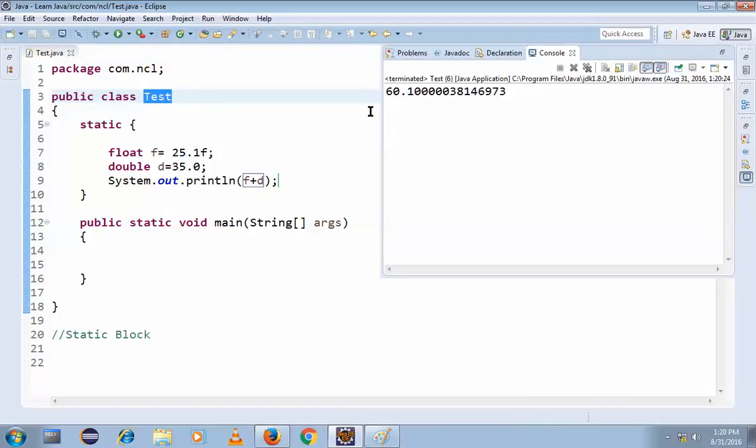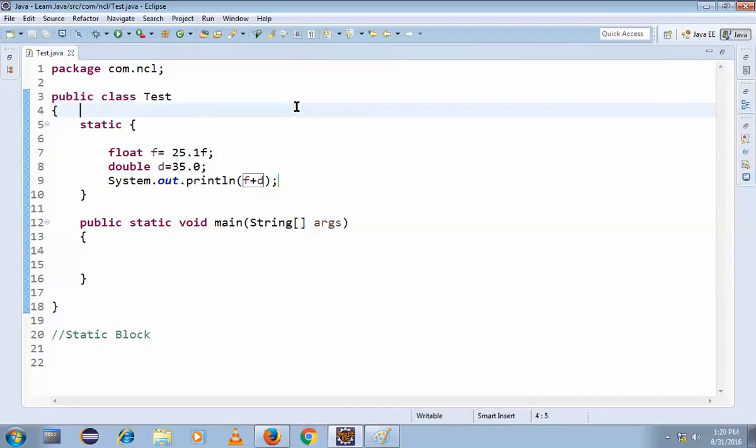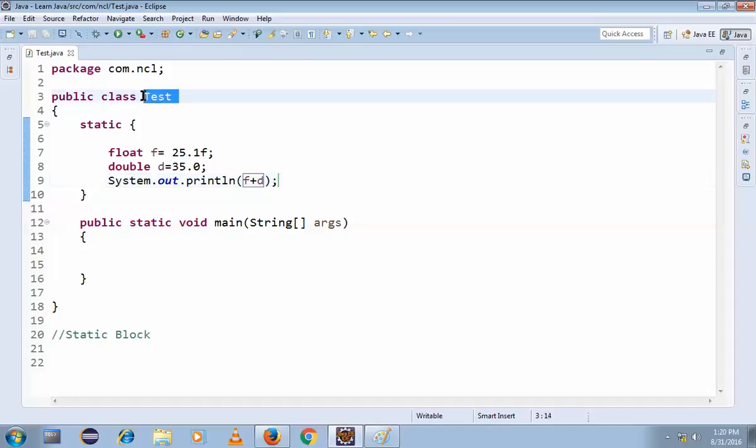See, the answer is this, 60.175. How did this come? We didn't write anything here, right? We didn't call the static block in the main method. So how is this executed? If you called it in the main method, it should execute, but we didn't call anything here. So the slogan of the static block is that static blocks are executed during .class file loading,